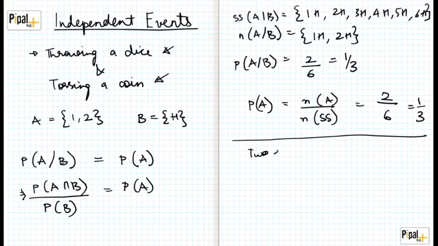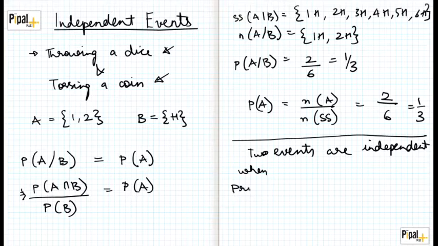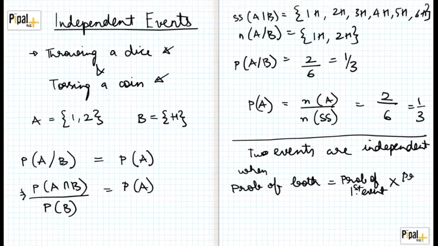Two events are independent when the probability of both happening is equal to the probability of the first event